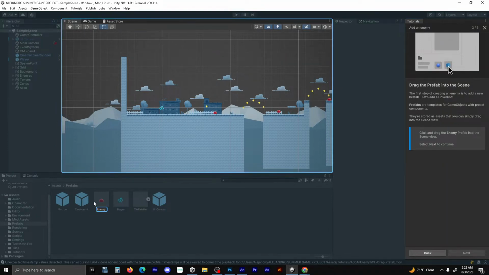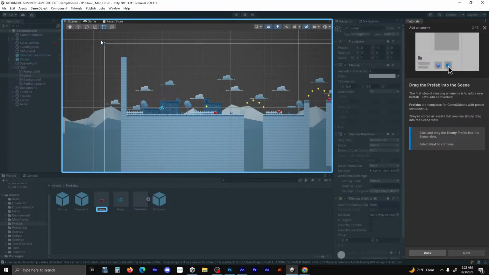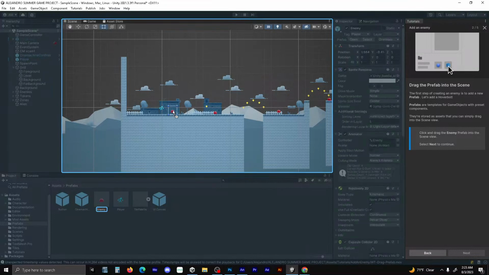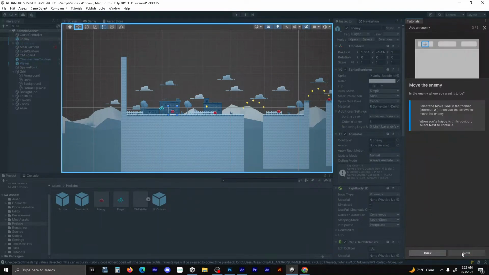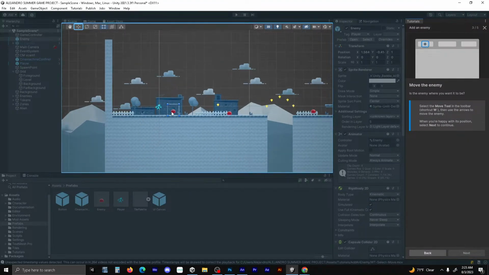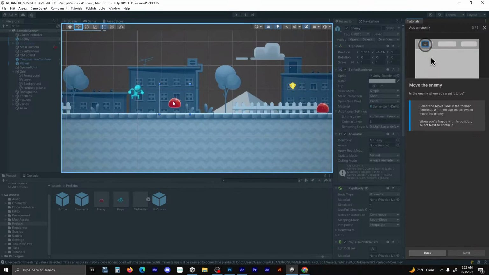So I'm grabbing the enemy right here, and this enemy is composed of. Why is it not letting me? Oh, there you go. All right. So when I grab this enemy and throw it into the game, it's already composed of the animation, the character, the movement, the AI, all that stuff. So it already has that all in,